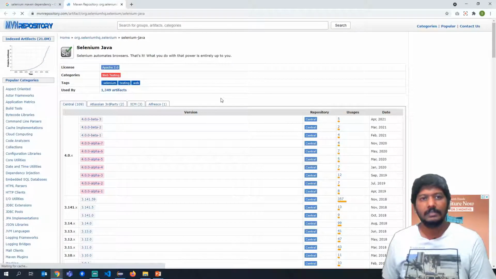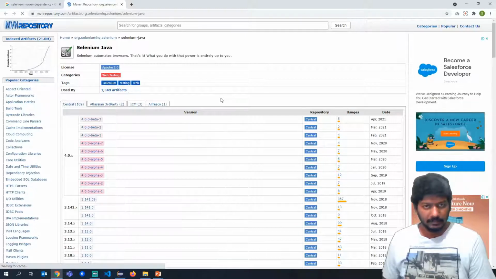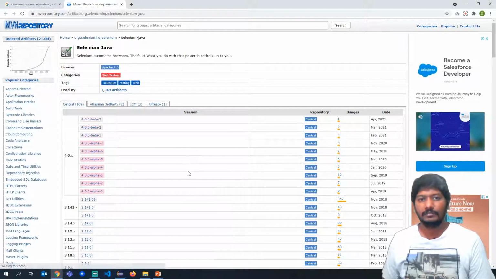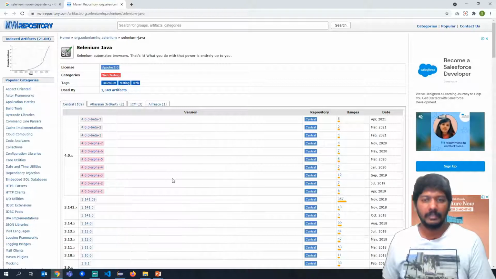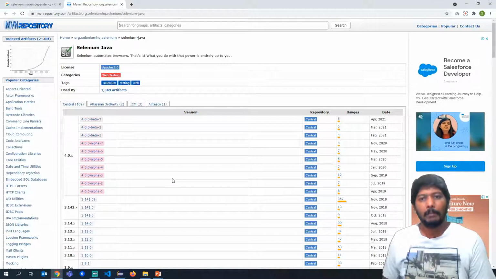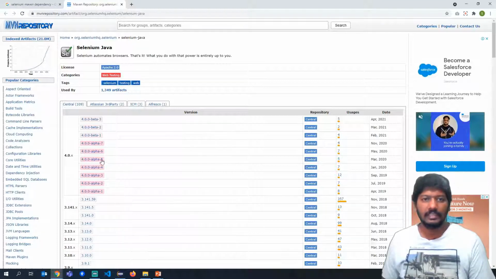Once this Maven repository link gets opened, you will see a lot of versions, and for each version there are some links. Currently 4 is the latest Selenium Maven dependency, but it is still in the testing phase, as you can see here, it says alpha and beta.